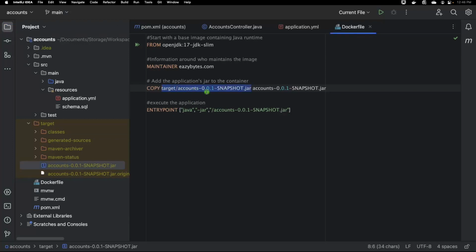The same jar I want to copy into the Docker image with the same name. You can see there is a space here. So this is the source path from which I'm trying to copy the jar, and this is the destination inside my Docker image. Since I don't want to create folders inside my Docker image,